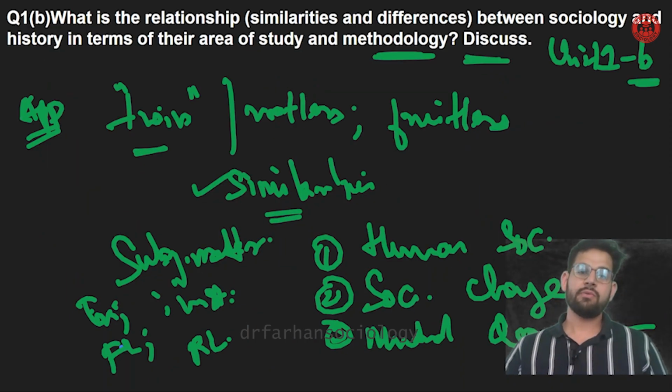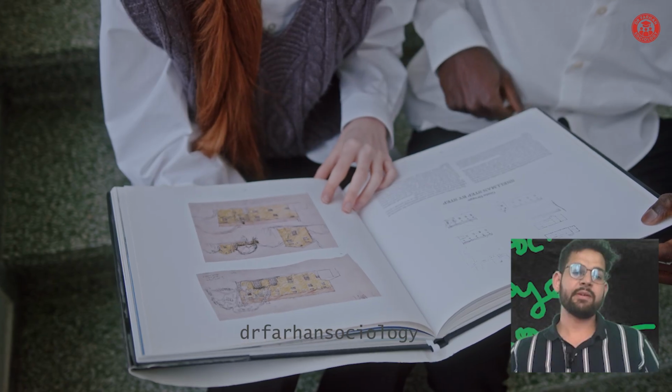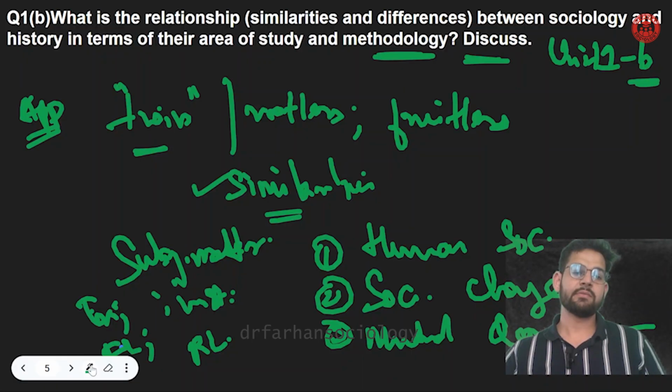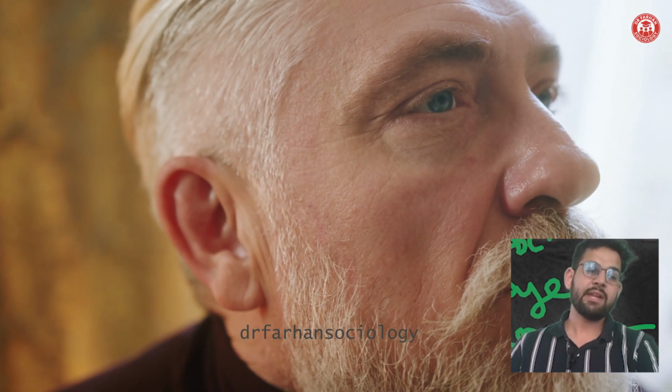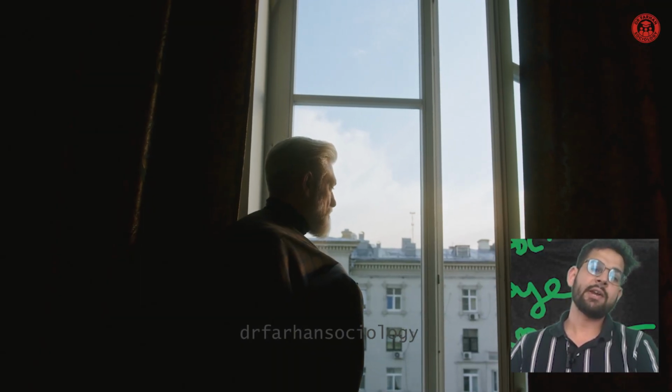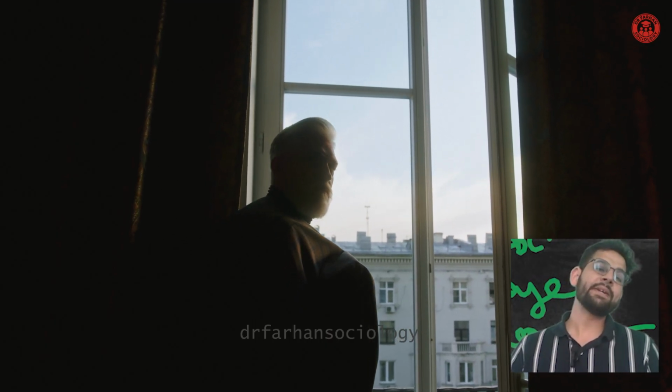So how must this particular question be dealt with? First of all, I bring a commonly accepted academic definition or introduction, that these subjects can be called twin subjects. Then I speak about the similarities, then some differences. In the conclusion, I bring in Max Weber and highlight how there is a codependency.